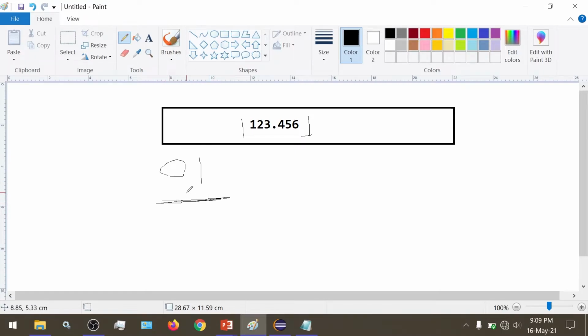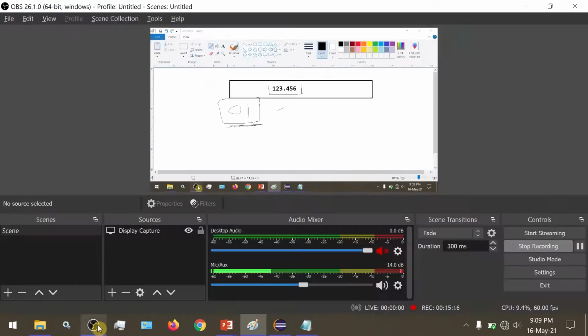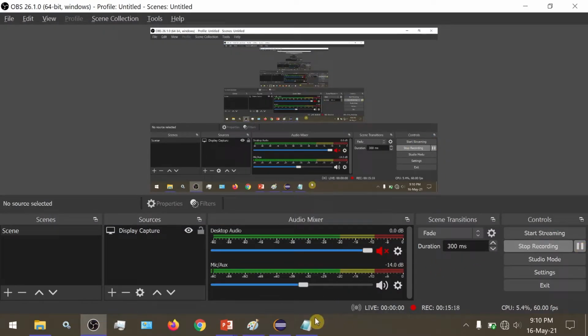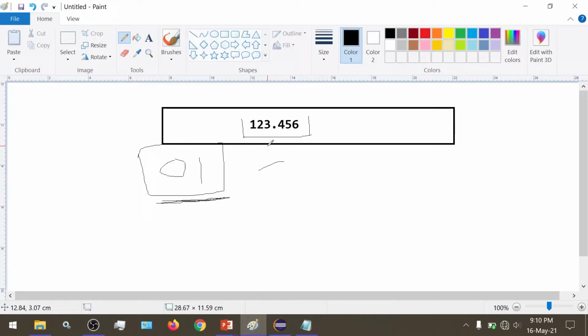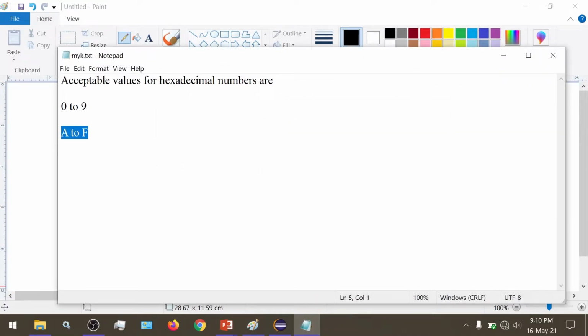The length of its binary representation, the length of its zeros and ones sequence, is less than 32. So when we represent this number 123.456 as a sequence of zeros and ones, the length of the sequence is less than 32. But first let's understand this.